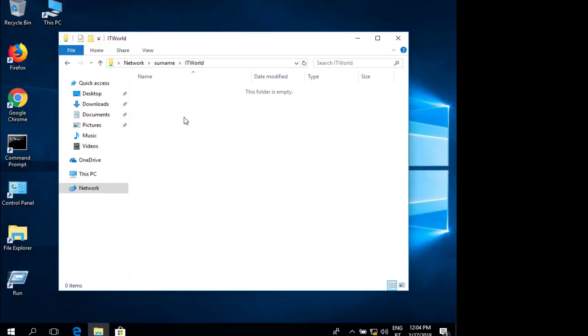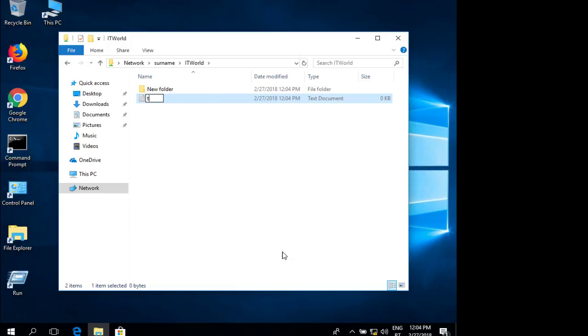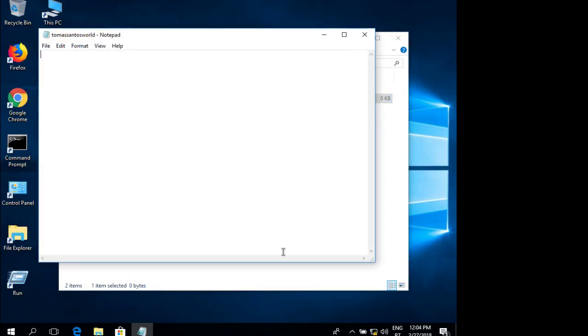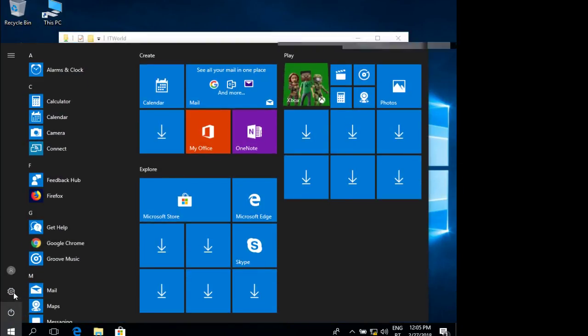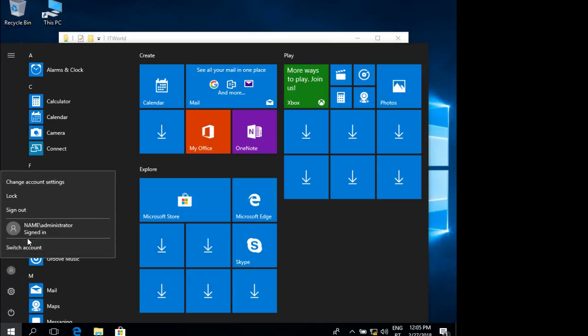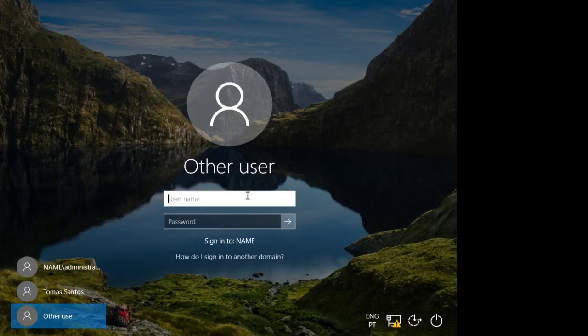Going to add, going to here, new, not folder, sorry, new document, Tomás Santos World, write something here, save it, and right now if you log in as another user, switch account, if you log in as Pilinha, the user Pilinha,